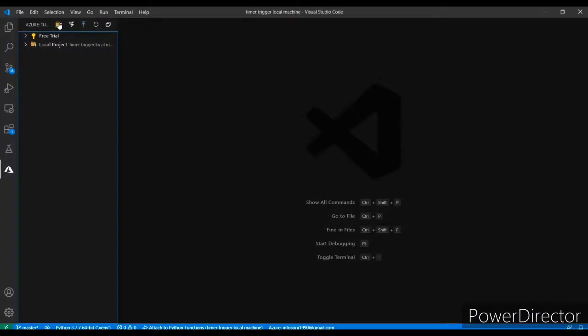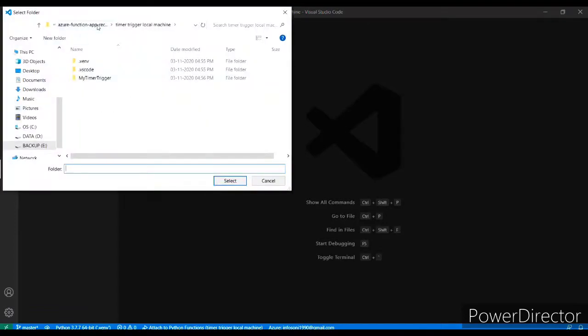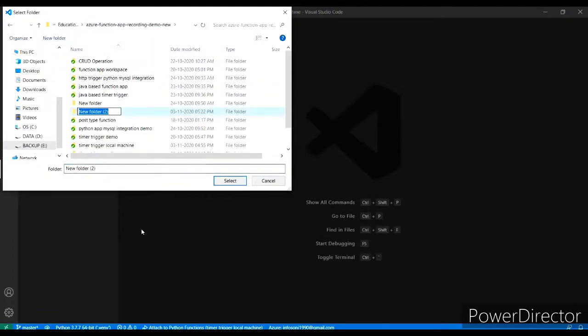Click on create new project, browse button. I will create a new directory, timer trigger demo on local machine.